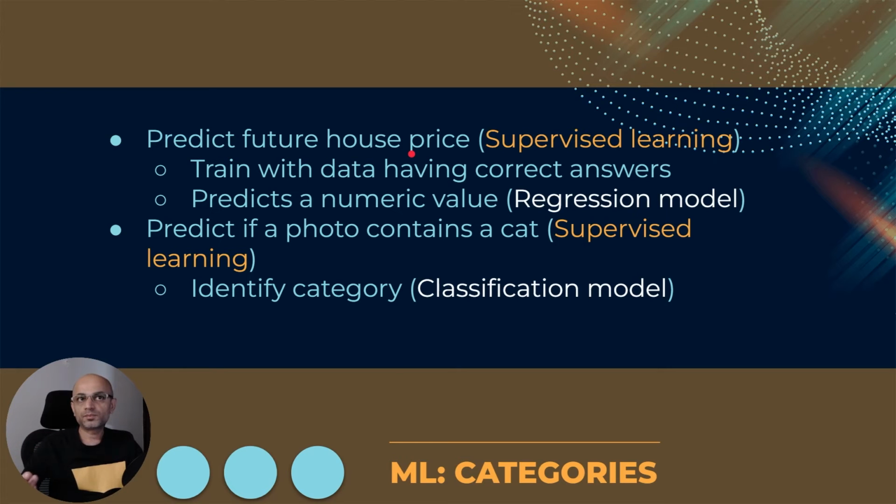The output that you want to predict is a numerical value in such an example, so we normally use a regression model. That is one type of supervised learning, used whenever what we want to predict is a numerical value. In the case of the photo, there is no numerical value as an output, but it is more like you want to categorize the inputs, in this case whether it has a cat or not. That uses another type of supervised learning called a classification model.